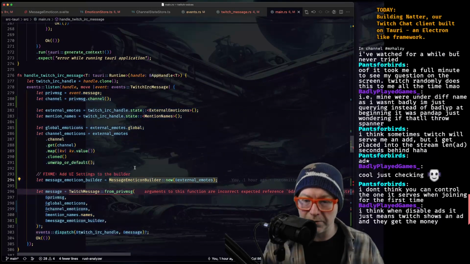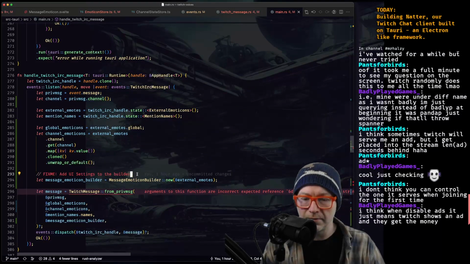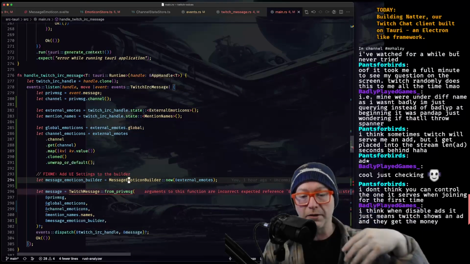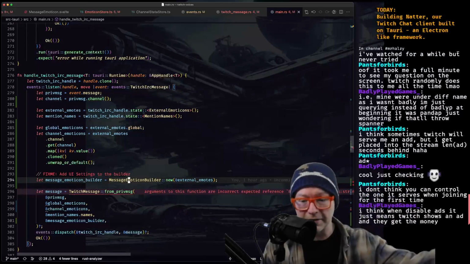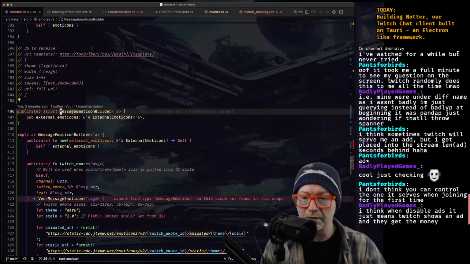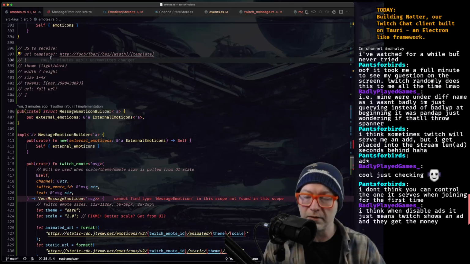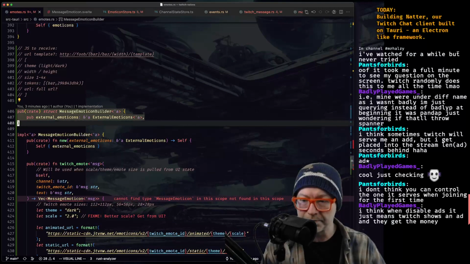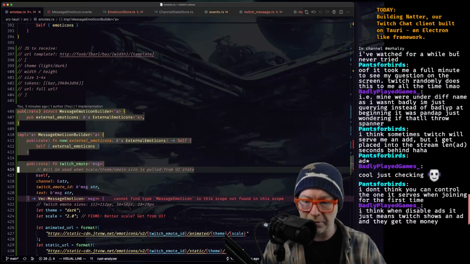Oh, no. Okay, we can get rid of that. We no longer need to do the translation now because the translation will happen in the emoticon loading, right? When we fetch the data from, let's say, 7TV. So that's gone. We can get rid of emoticon builder. Oh, and there's... This is emotes, line 400. Okay. Yeah, let's get rid of emoticon builder. Goodbye, emoticon builder.